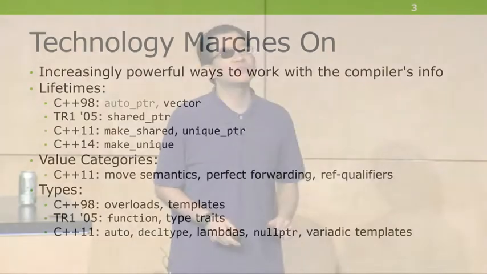Lambdas, I also count this feature as working with types. They don't really inspect type information, but they allow you to create novel types and an object of that type very, very easily in your source code. And so now you can just give lambdas to function templates, which care about type, and that information propagates through the system. So even though it's not technically allowing you to do anything completely novel, you could always write functors by hand. In effect, it's so much easier that it is a new ability.